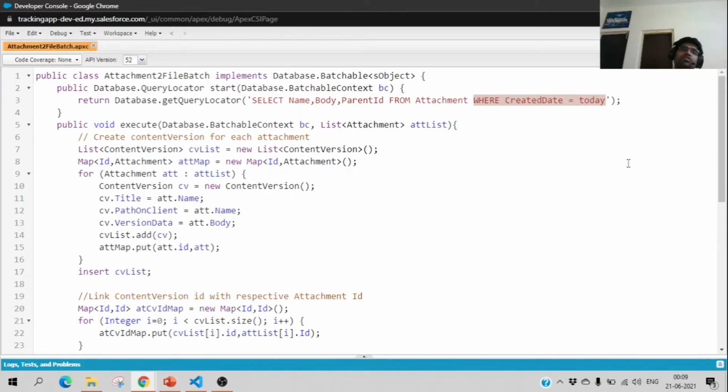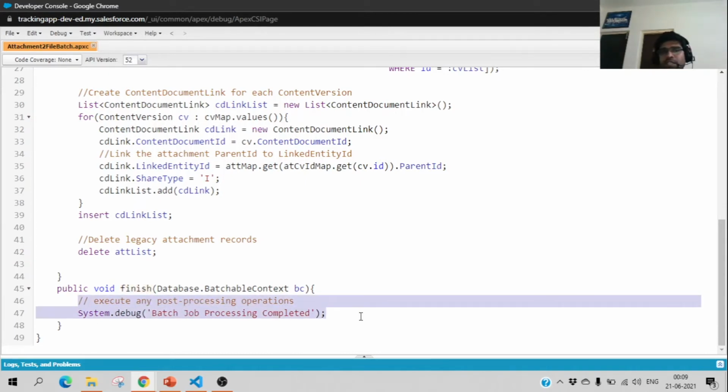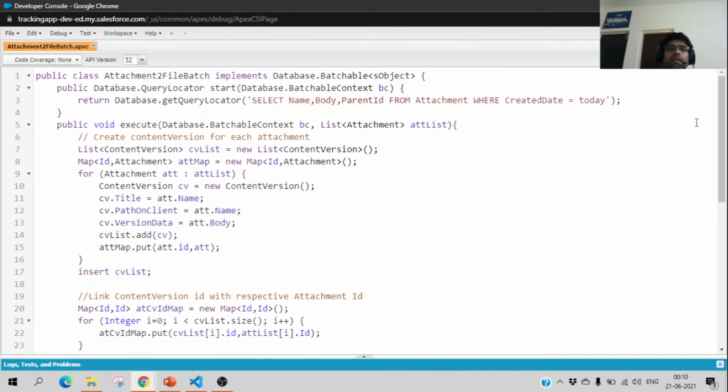If you know batch Apex before, you can understand it here better. It has three different methods. One is the start method, which is used to collect the data. Another is the execute method, which is used to process the collected data from the start method batch-wise. And the last one is the finish method, which is used to do some housekeeping work. But in our scenario, we are not doing much in the finish method. We are just doing the data collection in the start method and processing that data in the execute method.